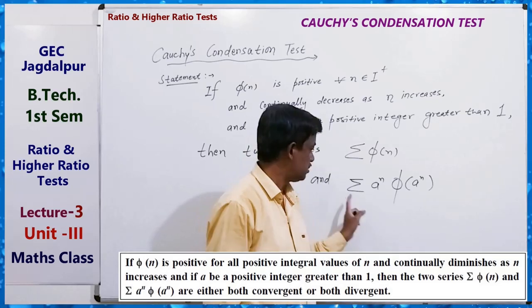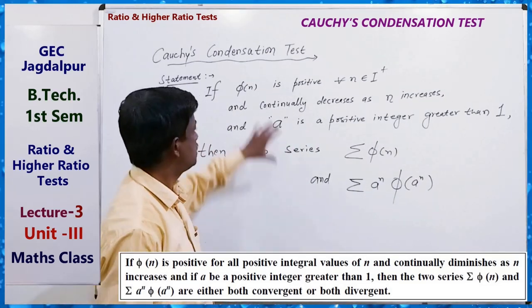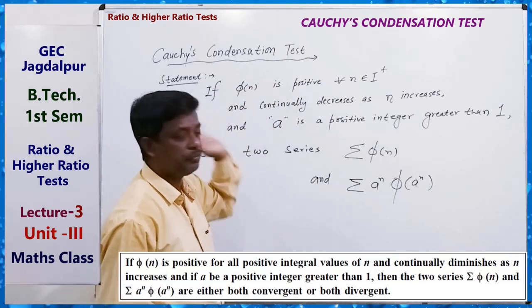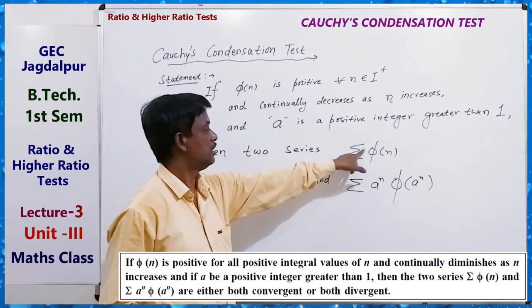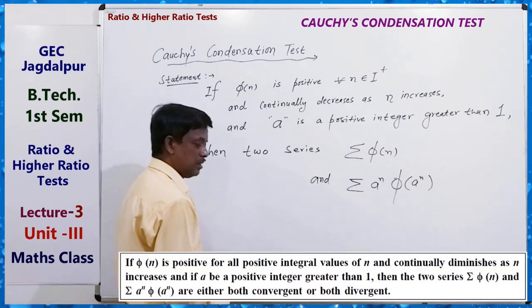Both these two series, if this condition is satisfied, then if we make a series like this and this, the two series are